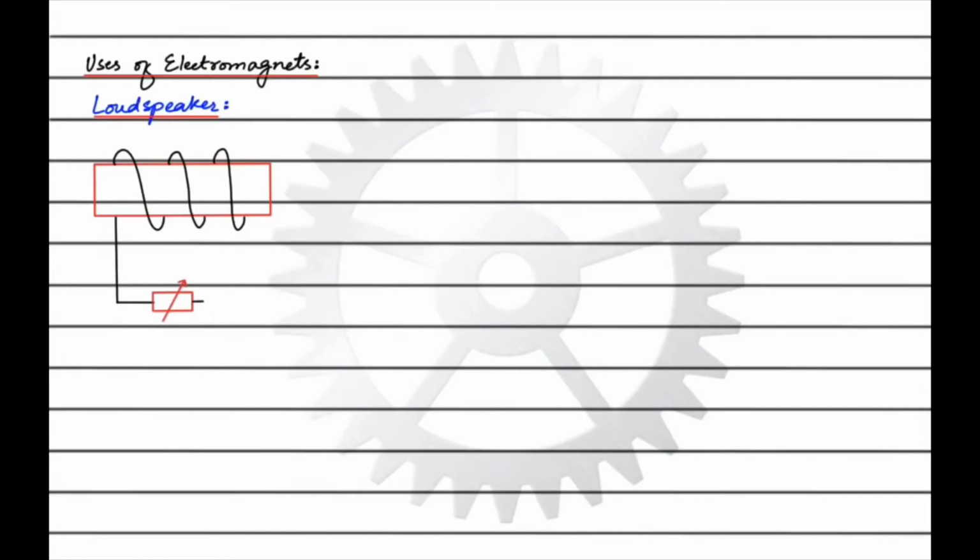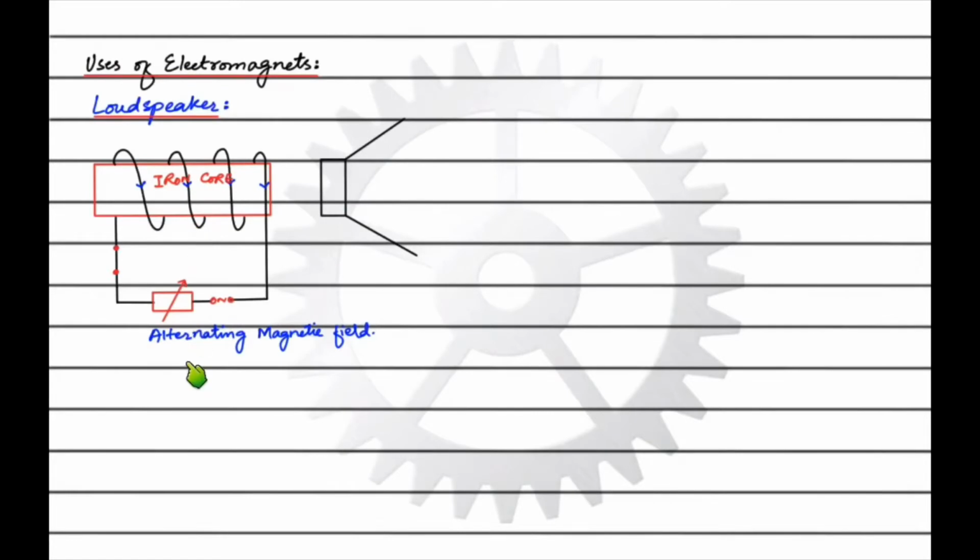Uses of electromagnets. There are various applications of electromagnets in daily life, but let's start with the basic ones, and loudspeaker is one of them. So loudspeaker has two magnets. One is electromagnet, and this electromagnet is connected with the AC supply, and AC supply, as I have told you, is alternating current supply. Alternating current has alternating magnetic field, and in front of this electromagnet there is another magnet that is part of this loudspeaker cone, and this magnet is permanent magnet. So there are two magnets in the loudspeaker.